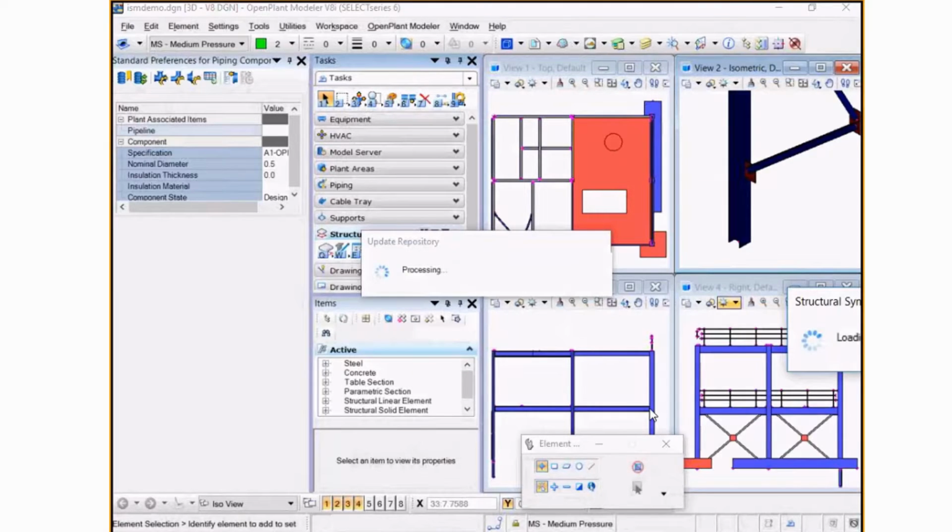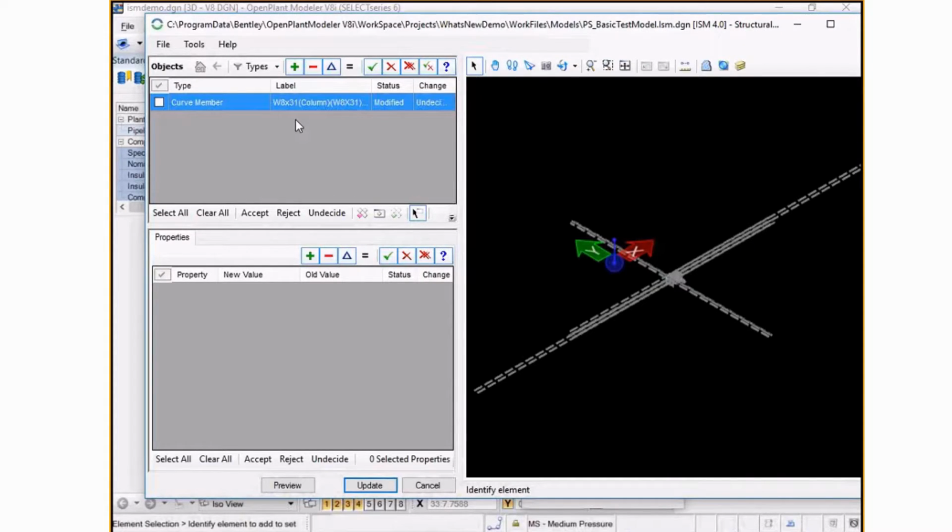Now when I do update, the update repository function highlights that my curve member has changed, and it shows what exactly is changed and how many changes are in your update operation.